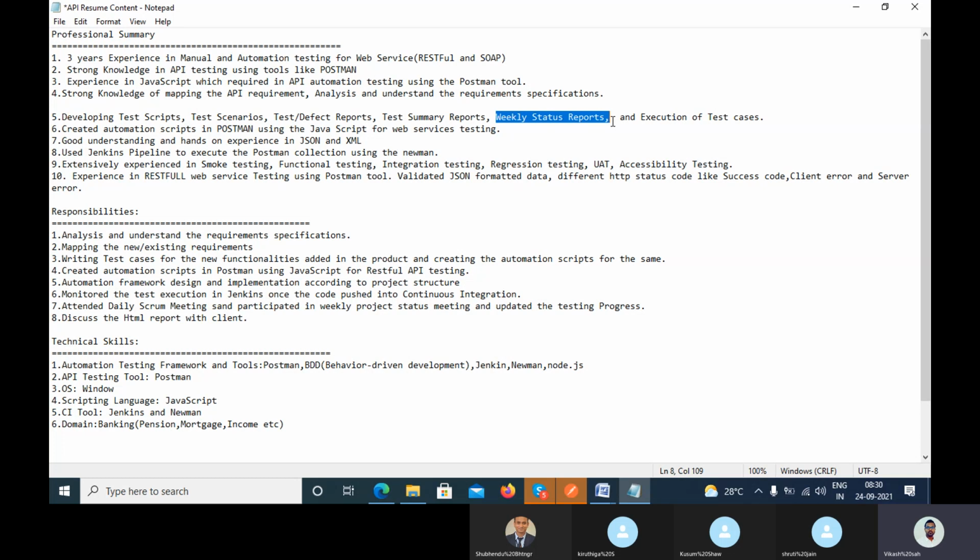Using Jenkins, you can set the trigger time, whatever time you want, like every night 2 o'clock, or morning, whatever time you mention in the trigger section, as per the client. That setup is done by the client or your team lead. At that particular time it will start executing.